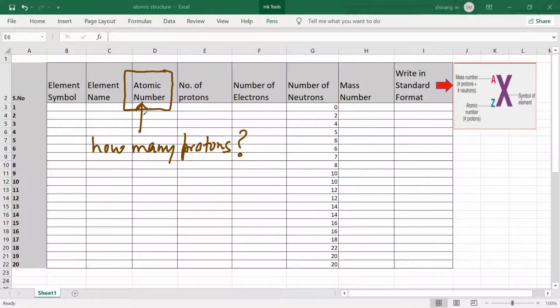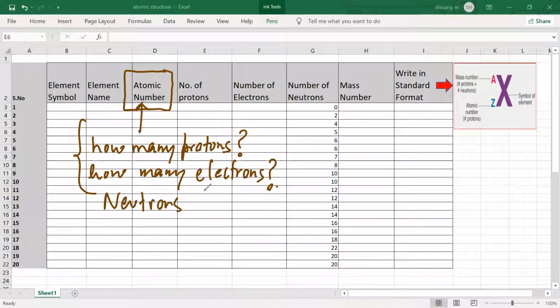So, I'll repeat, Mr. Satya, what does the atomic number signify? How many protons and electrons are there in the element? Shabash. So when I look at the atomic number, I only have this information. How many protons and how many electrons? Are you clear? Yes, sir. Do I have any information about the neutrons? No, sir. So, yes, of course, you can look at the periodic table and find the neutrons. But what I'm trying to tell you is that when I look at the atomic number, I'm sure about the protons and the electrons. Are we clear? Yes, sir.